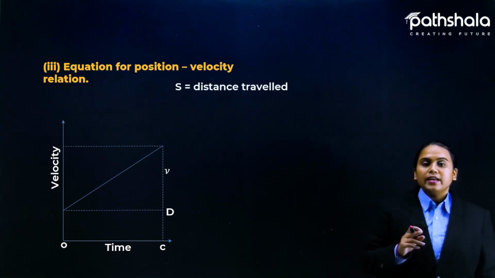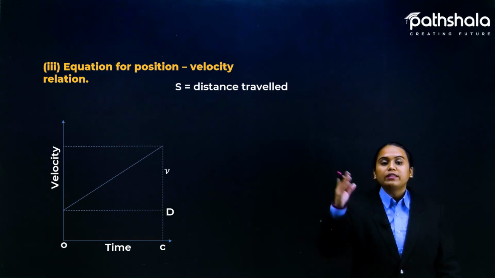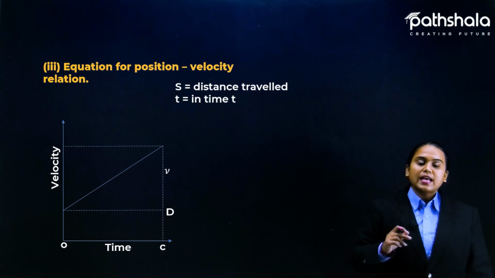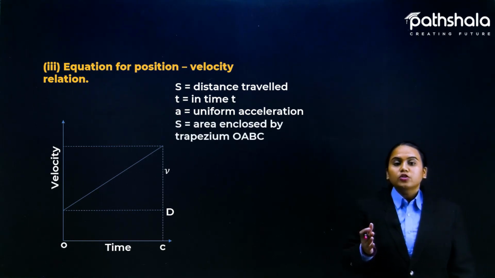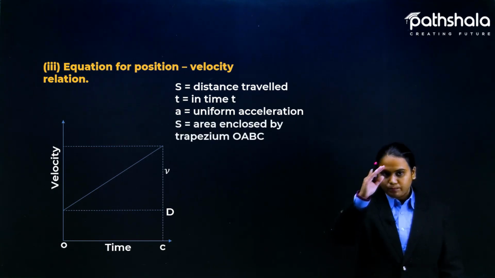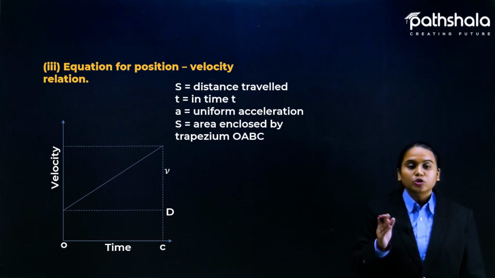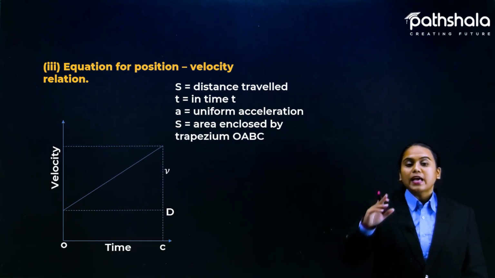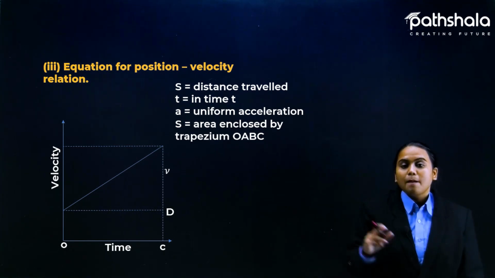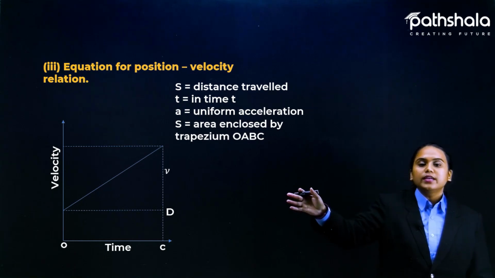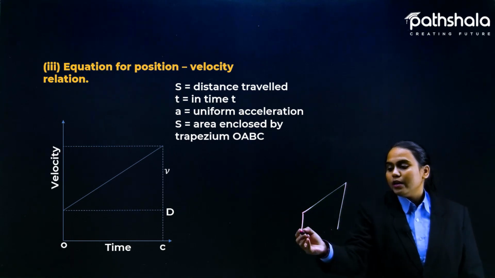You know that. In the second equation also we considered the distance part, known by the alphabet s, and t as the time, and a is uniform acceleration again. Here we will consider the distance part, which is considered with the area swept by the slope. Earlier I told you about it, but in that case we considered a triangle and a rectangle. But here we are going to consider a trapezium, and the trapezium should be like this.